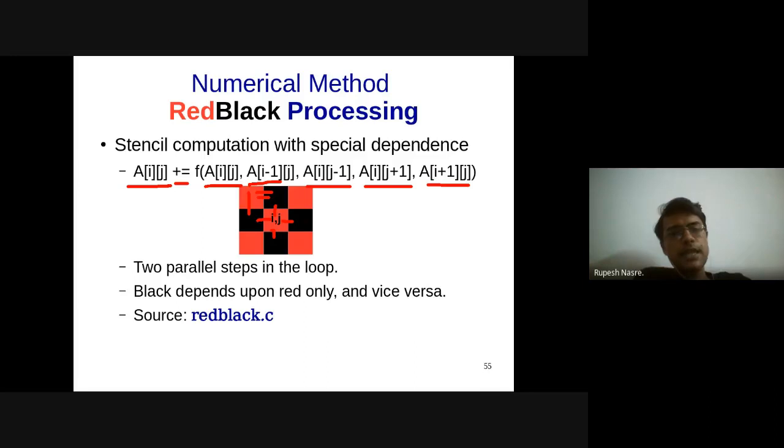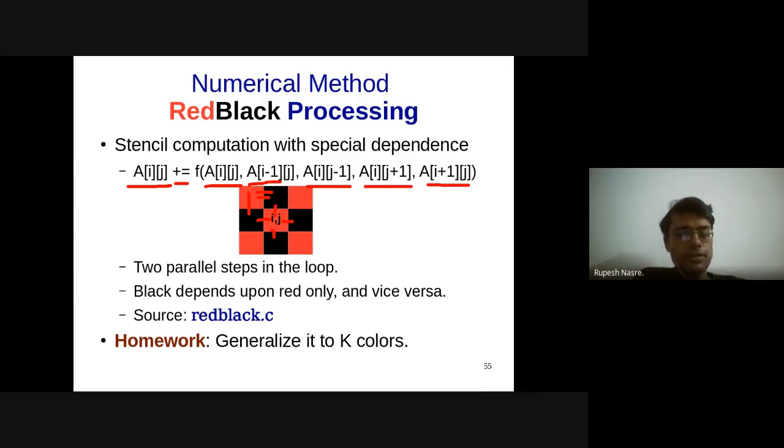Of course, the number of such entities that you can process, the number of such cells, is going to reduce. It will get 1/3 on an average, but you will still be able to perform better than just having this loop carry dependence and not performing any parallelization at all. So think about how you generalize this to k colors when you have, let's say, k neighbors or k rows or k columns being used for computing this ij entry. So this is one definite extension that you can do for red-black processing.